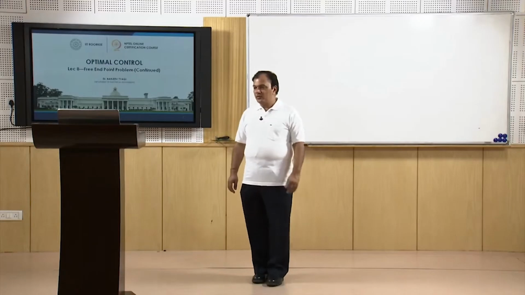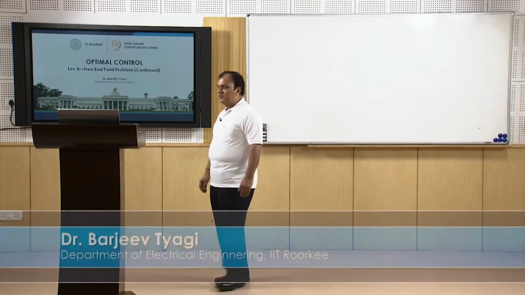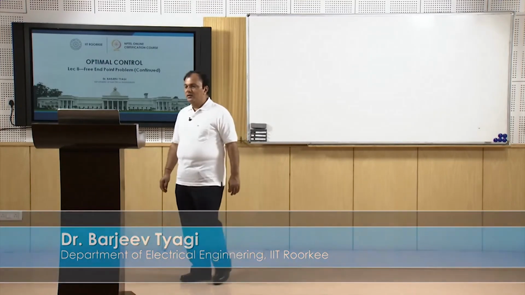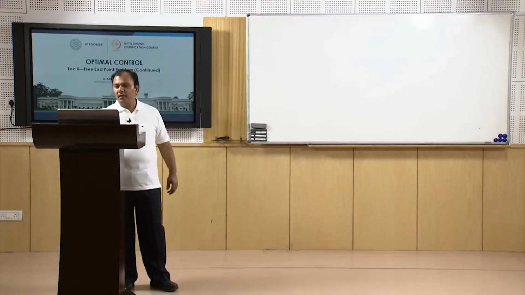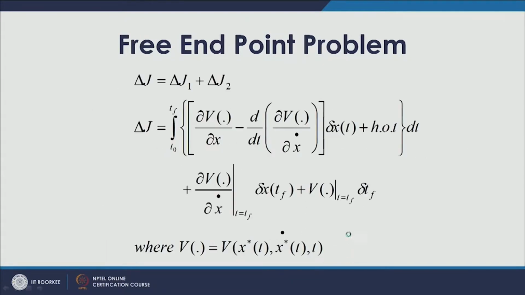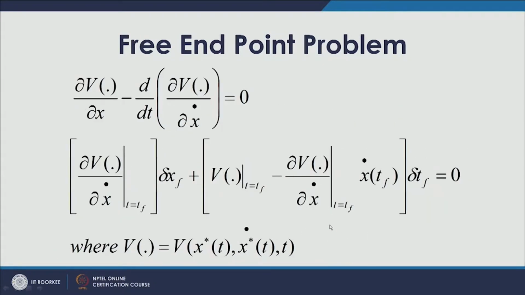Okay, welcome friends to this class, which is the continuation of the previous class in which we are discussing the free endpoint problem. In the free endpoint problem, our final point can terminate at any point if there is a variation in the optimal value of x. So, our general condition appears